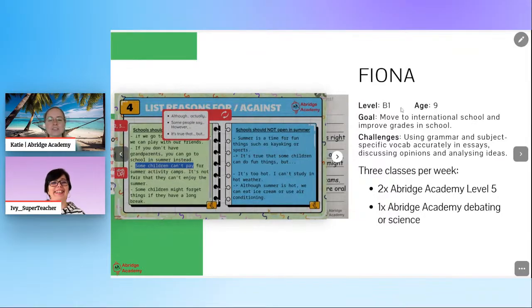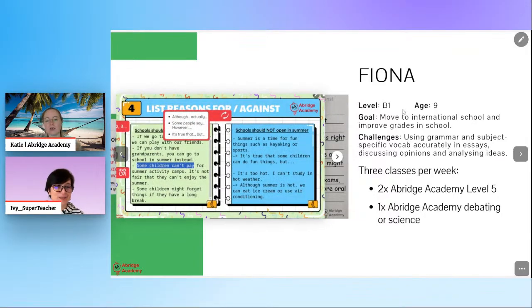And it's interesting because we talked before about group classes. Fiona wanted more focus on the writing side of things, and it was less about discussing different points of view. I mean, she wanted to talk about different points of view, but more from an analysing and writing it down perspective, as a formal academic writing aspect of it. She actually wanted to have debating lessons as a one-on-one class. So we use the debating lessons, but rather than a group format, it's one-on-one focus, and then more time is spent on things like writing skills.